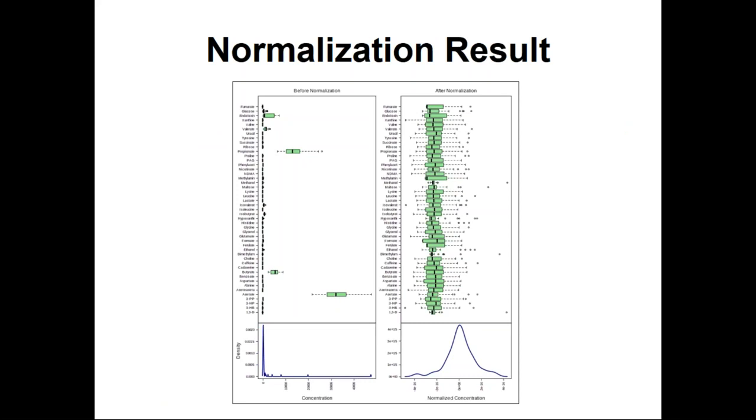So here's the list of the 47 odd compounds before normalization, and you can see there's some compounds that have very high concentrations and a lot of compounds with very low concentrations. And then using this approach for scaling and normalization, afterwards you can see that the distribution of concentrations looks a little more Gaussian or more normal. So this helps with the analysis.